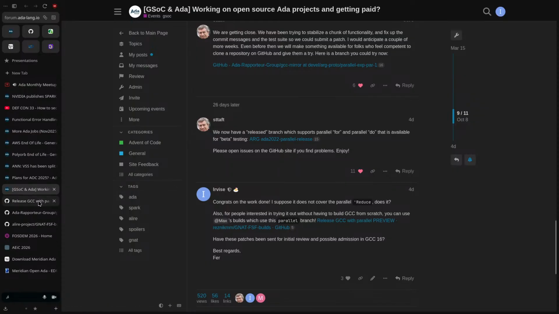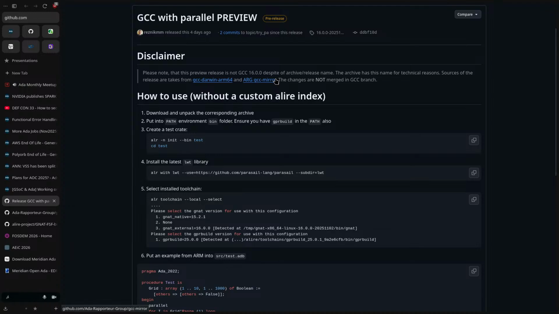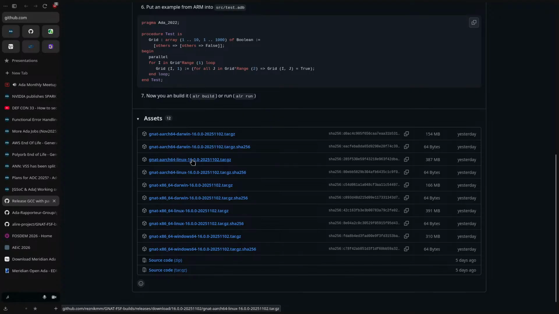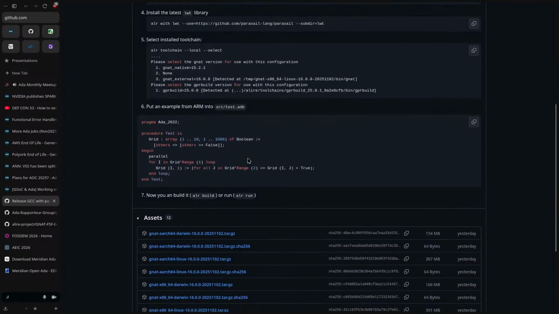Nevertheless, Maxime, who is with us here in the call, has already created pre-compiled binaries with this parallel branch, and you can download the Linux, Windows and macOS binaries to try out this new feature. Maxime specifically created this in case you would like to try these new features with Advent of Code. So if you would like to see if the algorithms become faster, and by how much, you can just use these pre-compiled binaries. You don't have to go through the pain of compiling GCC yourself.